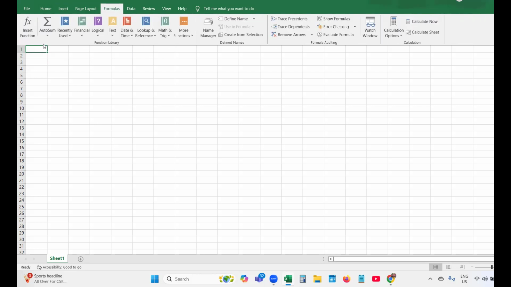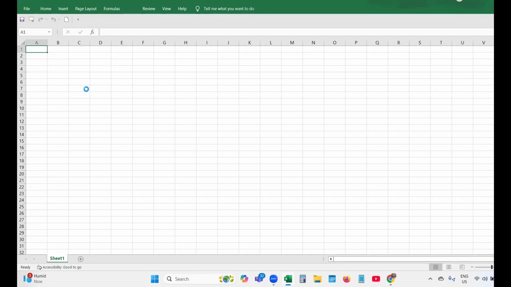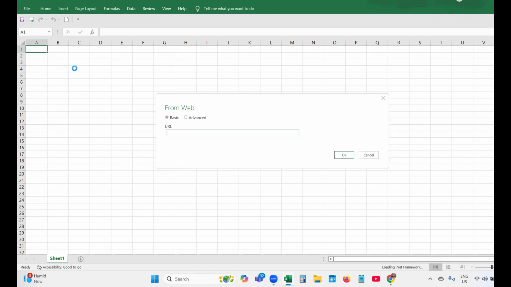Let me go to the formulas. Date and time. Data. Yes. You have to go to the data. You have to click on from web. Then you are getting this dialog box. So you paste this charting screener URL, click OK.